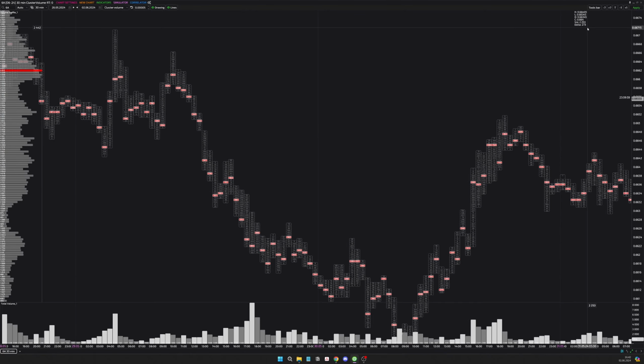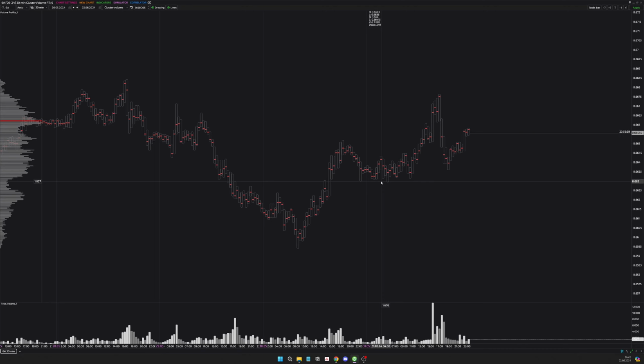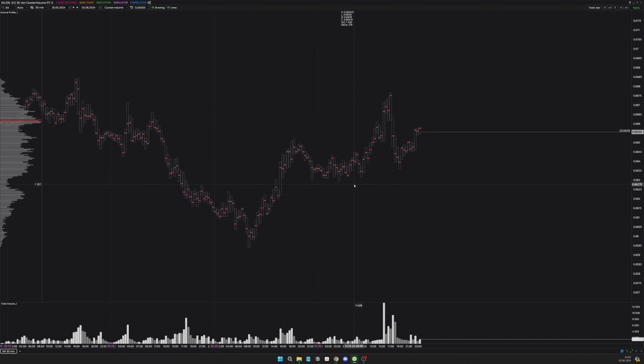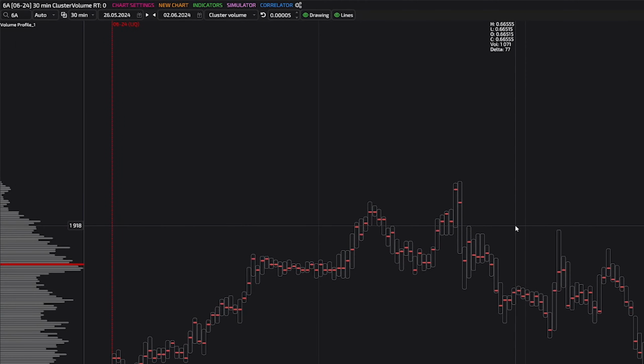Okay, now let's set the current day on the chart. How do we do that? For example, let's set it to May 31st. At the top, we have a date selection option. What does this mean? It means the chart will only display data for the days you've selected. So in this case, we're looking at the period from May 26th to June 2nd. Let's say we want to focus on a specific day. For example, May 31st. We select this day, so both the start and end date should be set to the